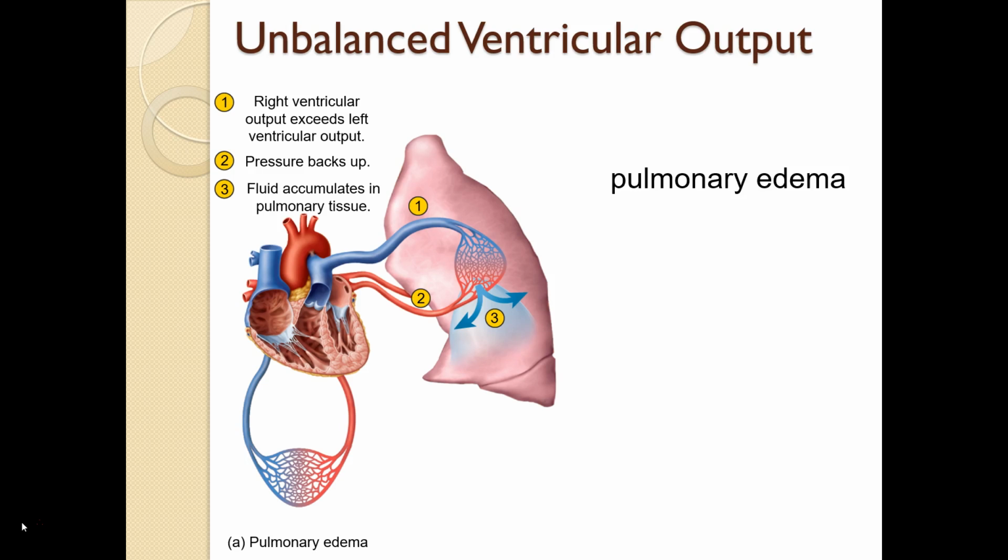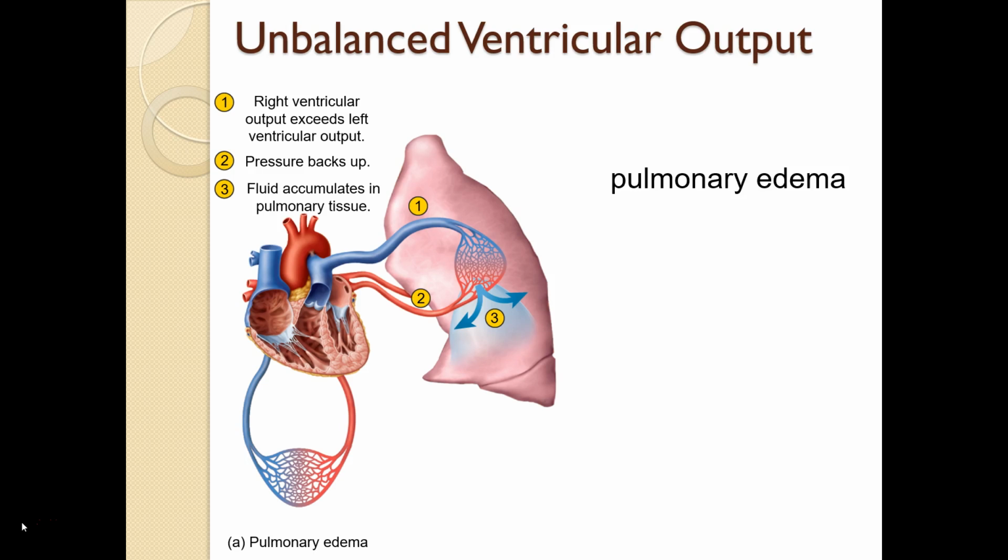So that's something else that can happen after a heart attack. If the heart attack affected a small part of the left ventricle, right, you need all of those ventricle muscles to pump out that 70 milliliters of blood. So if all of your muscles are not contracting, all of that blood is not going to be ejected. So some of the blood ends up staying back in the lungs, and that is what causes pulmonary edema. And that eventually will lead to left ventricular heart failure, because it's not pumping out an adequate amount of blood.